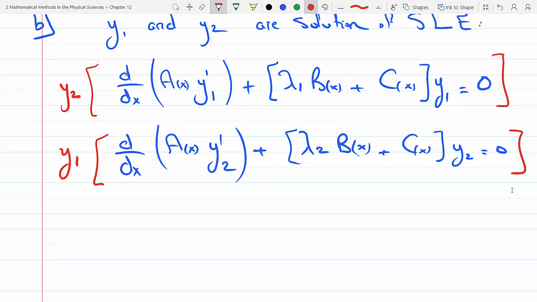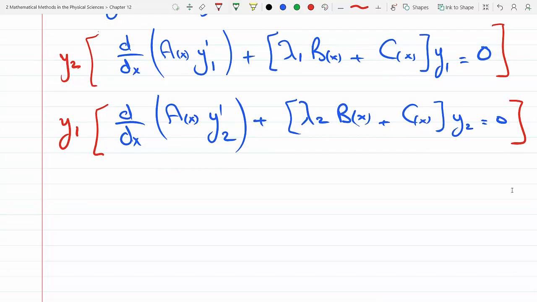That way I also have y1 y2. And so when I do that, I will get the first equation to be d over dx